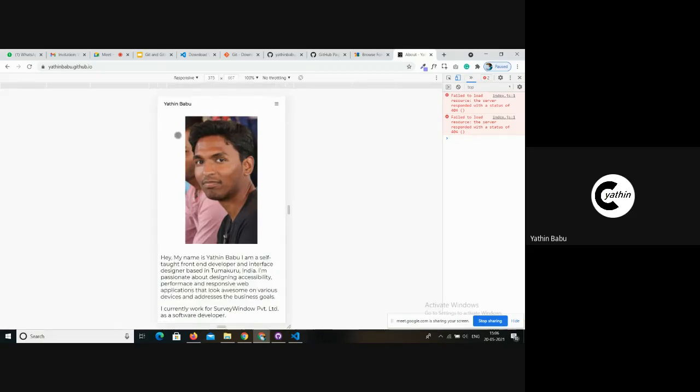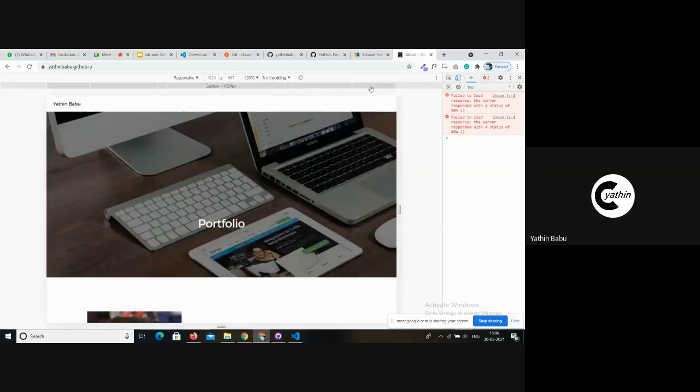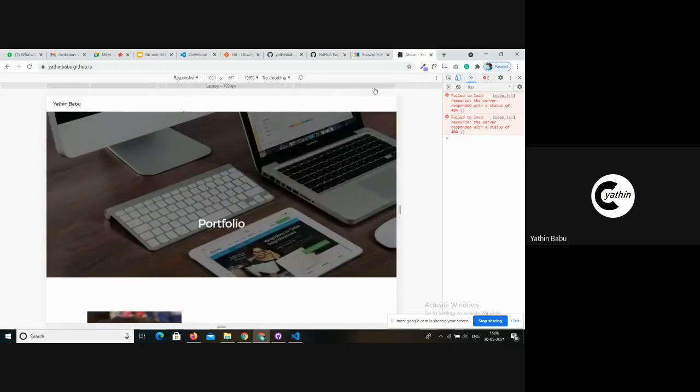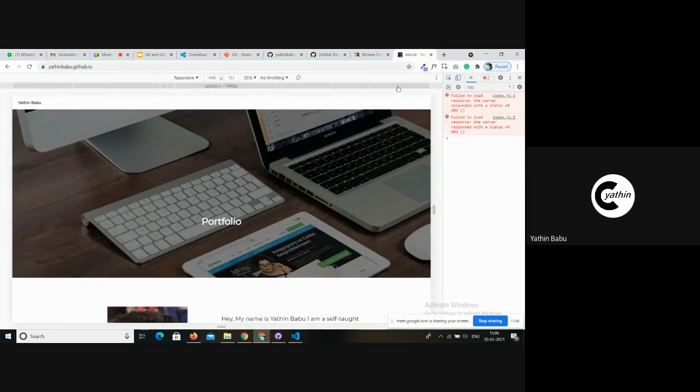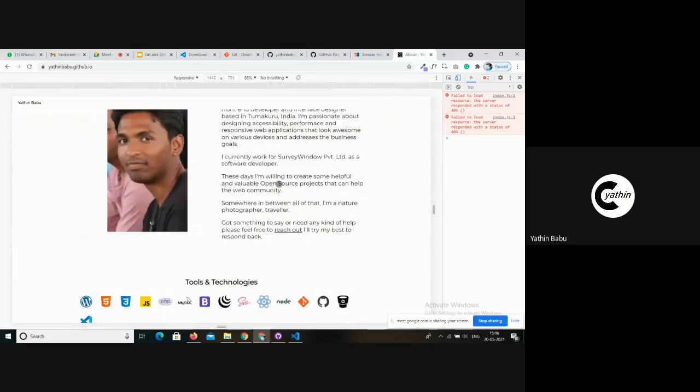Now the width got a little bit more, about 375. In a similar way, we can check how a website works within a tab. This is the width of a small laptop, and this is the width of large laptops. This is how the elements within the website rearrange so that all the content looks good. That's the meaning of a responsive website.